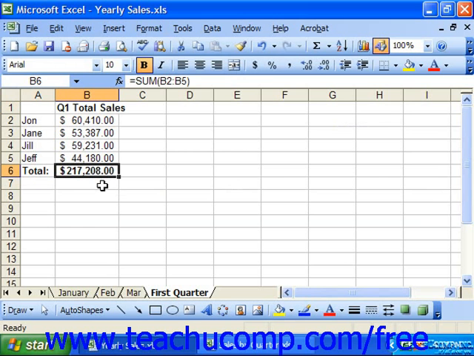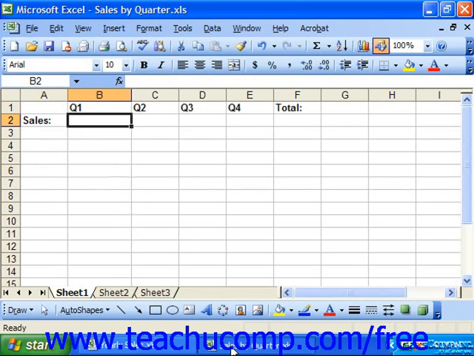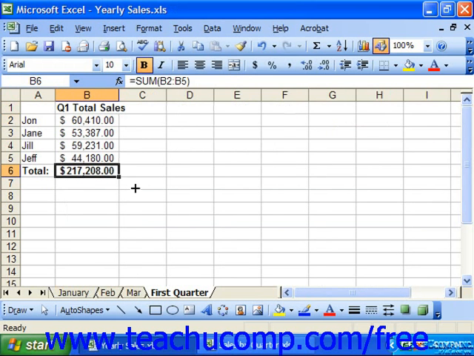you also had a cell that totaled all the quarterly sales. Let's say we wanted to copy the result of that formula and link it into a sales by quarter spreadsheet where we were going to keep track of all the quarterly sales. To do that, we would first select the cell that contains the value that we want to link into another